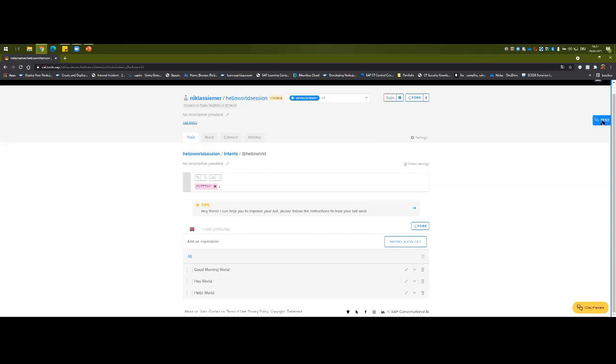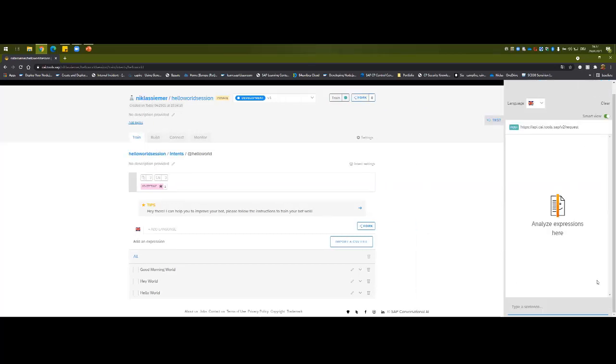If I'm testing it here in the test function right now, hello world, the bot is saying, yeah, okay, I got what you want to do. The user is referring to hello world. So this area here, this test area, is to test the intent classifications. If I have defined the intents here and trained my bot, I can test in this window if the classification works well or not. If it's not working well, I maybe have to add more expressions or change my expressions. Maybe I have an intent which is too near the same, then I have to adjust my chatbot overall.